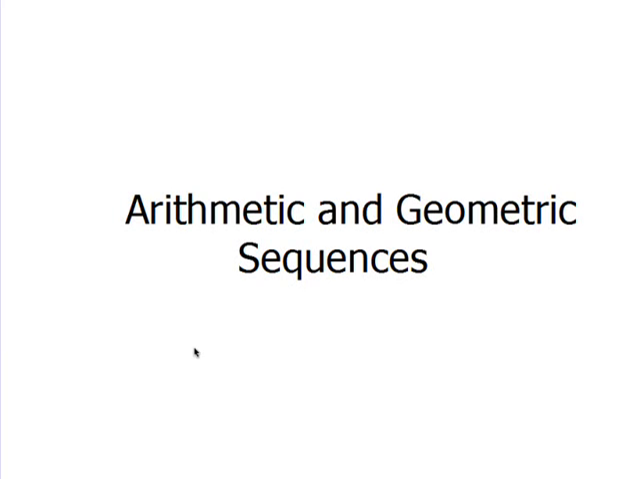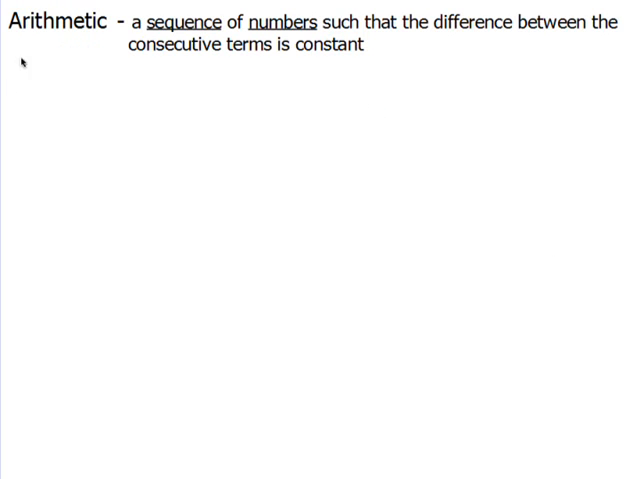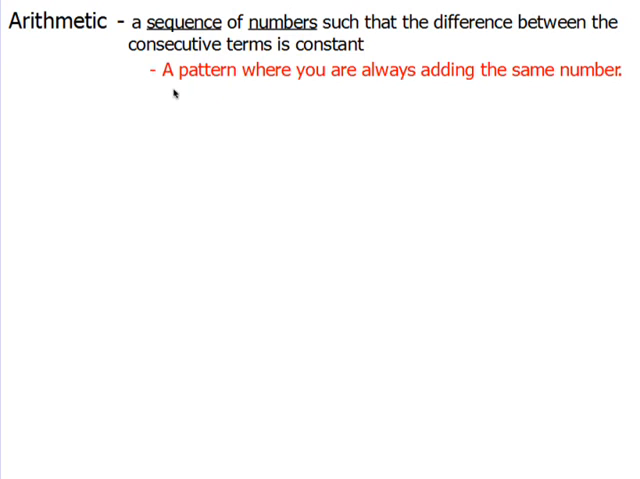Alright, today we're going to talk about arithmetic and geometric sequences. So let's go ahead and start off with some definitions. An arithmetic sequence is just a sequence of numbers such that the difference between consecutive terms is constant. So in regular words, that simply means a pattern where you always are adding the same number. So we're going to have a group of numbers, and if you're always adding the same number, it's going to